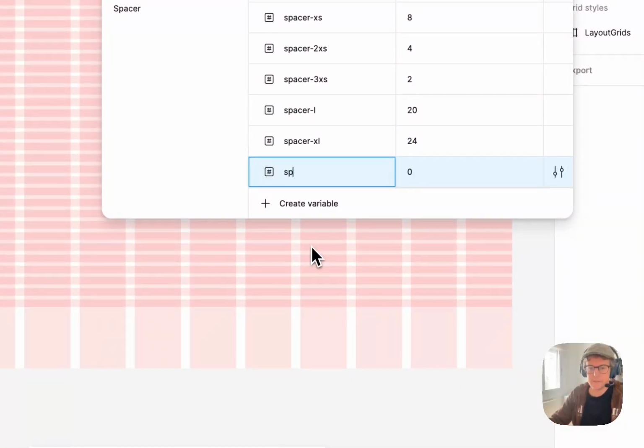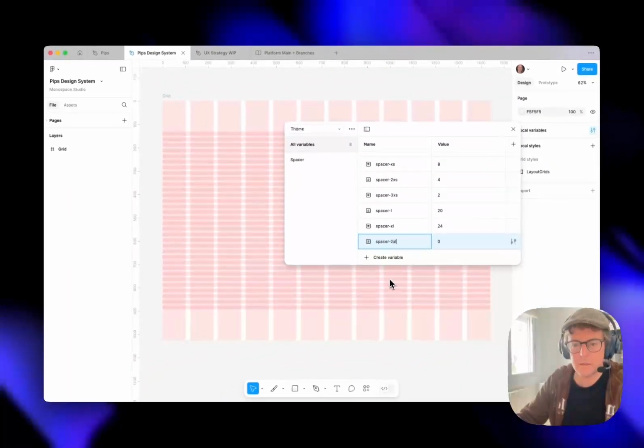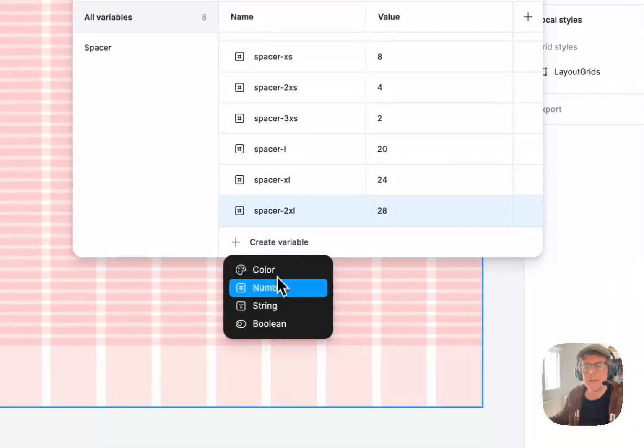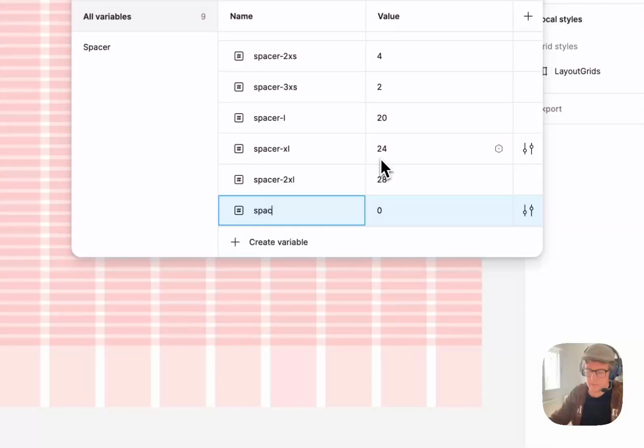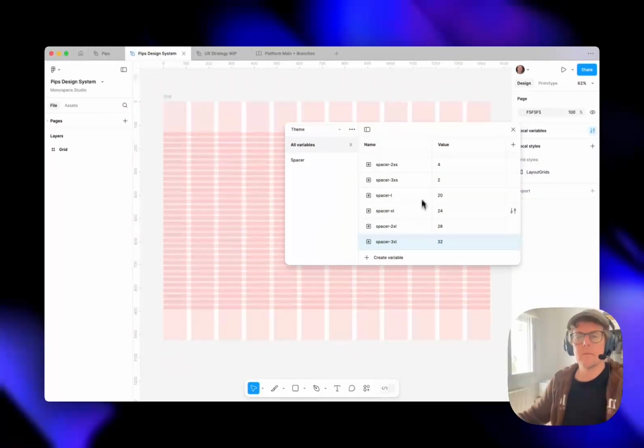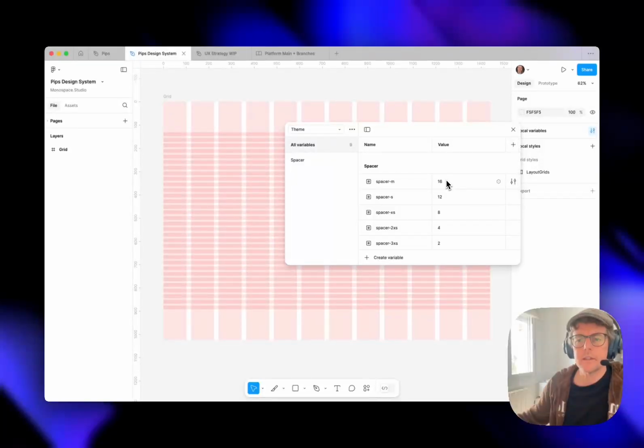Let's have a spacer 2XL, so I follow the same format. She's going to be 28. Spacer 3XL will be 32, and so on. And this is a linear pattern, but there are alternatives. But we'll just do this one for now. Now, as you can see, if you remember, in the grid we created 16 and 8 as our reference, and now we're going to add that to the grid so we can link that